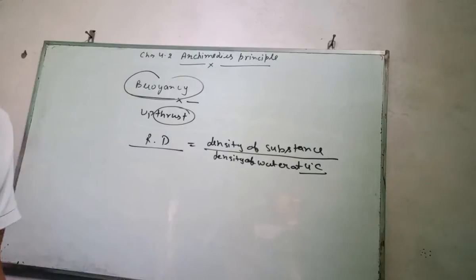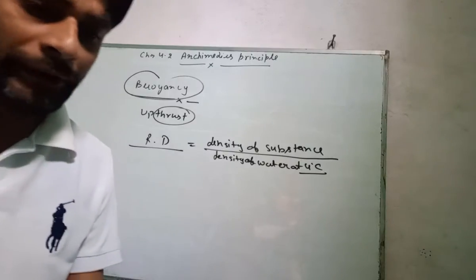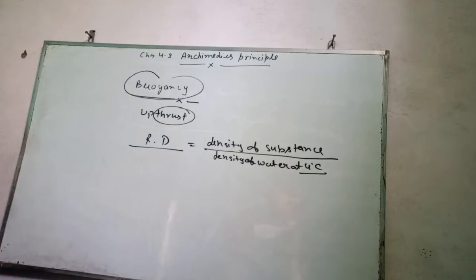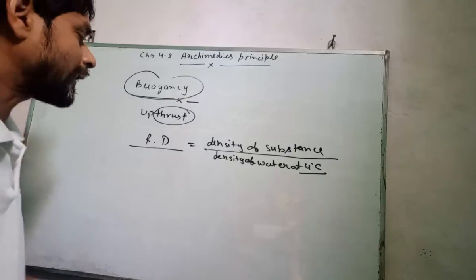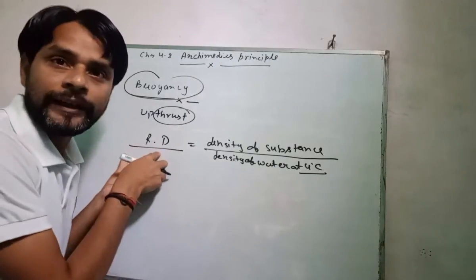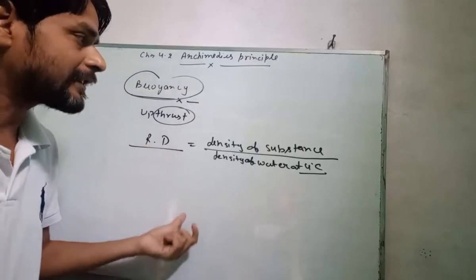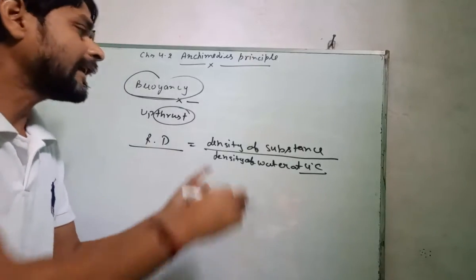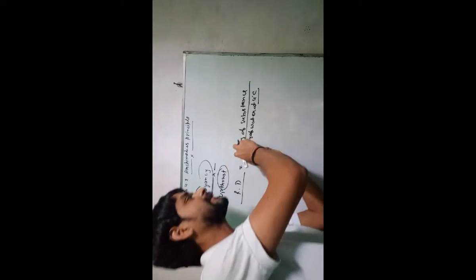They define it as the ratio of the density of the substance to the density of water. What is the relative density? The relative density of any substance is the ratio between density